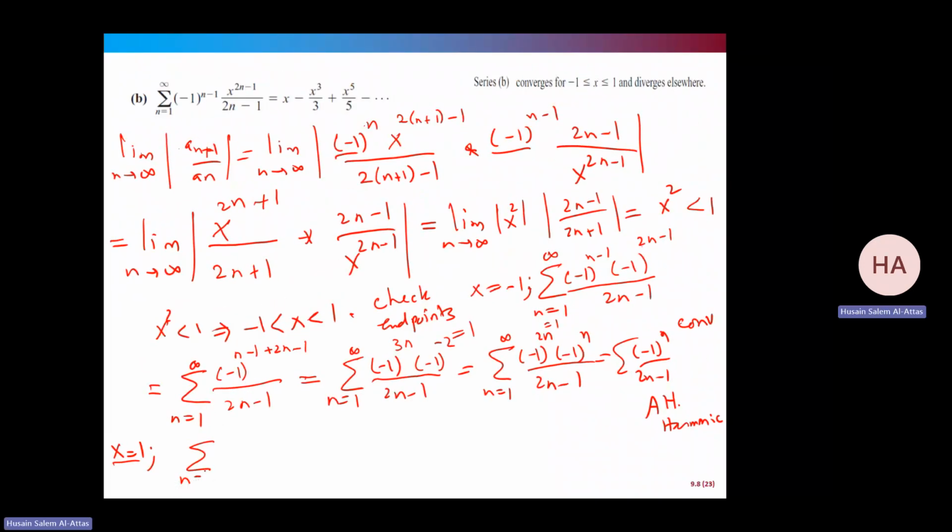Summation n equals 1 to infinity of what? Instead of, this is a half, minus 1 to the power n minus 1, over 2n minus 1. This is 1, 1 to the power, this is 1. So it's summation,